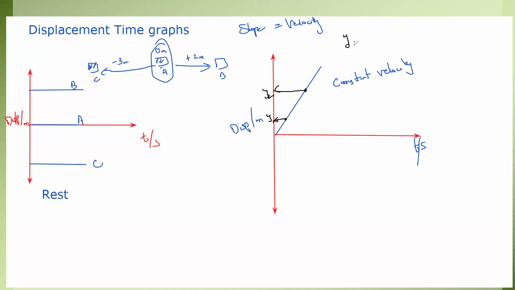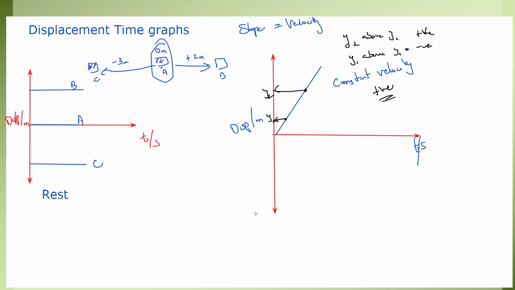If you find that y2 is above y1, it means the velocity or the gradient will be positive without calculation. I can say that. And if you find that y1 is above y2, then the velocity will be negative. So this object, because y2 is above y1, has a constant velocity and the velocity will be positive. But if I draw another graph,